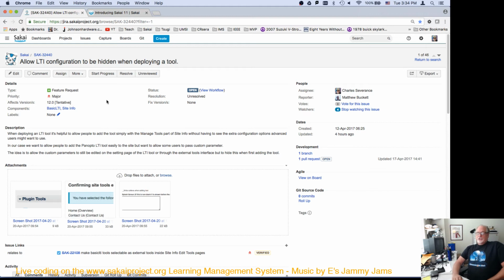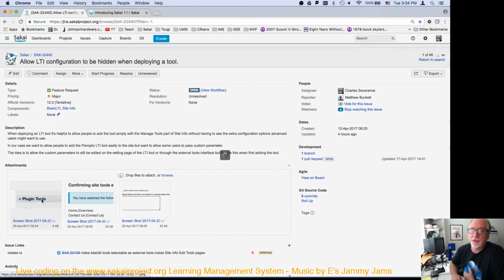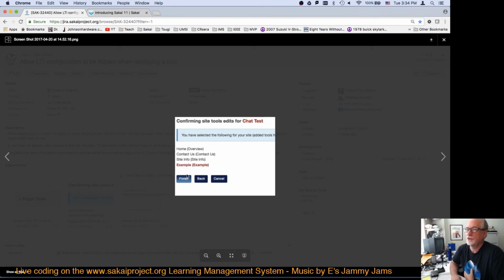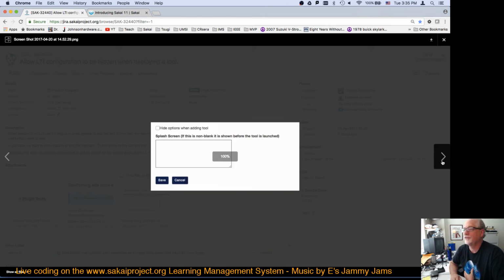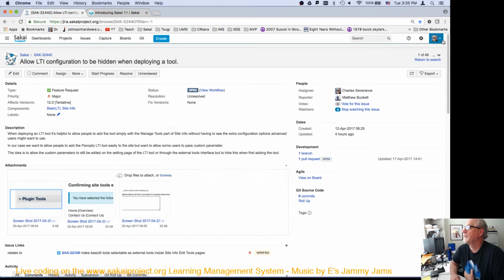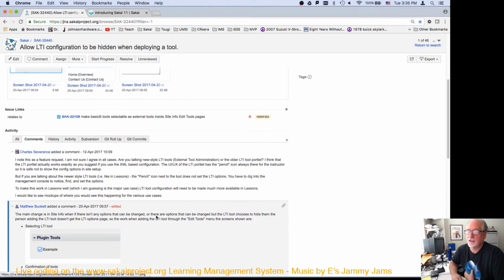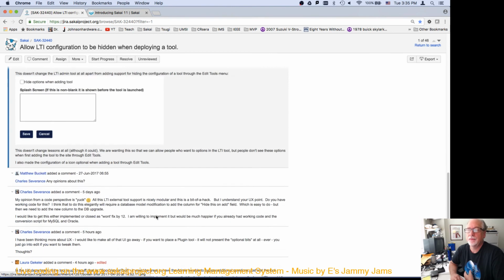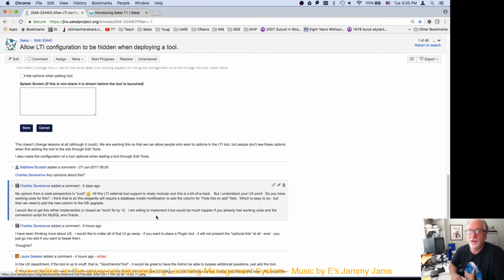We're just getting started. This is from Matthew Bucket from Oxford, and he is complaining about how Sakai works with the plugin tools. Once you go there, you get to this configuration screen, and he wants to make it so that you can stop the configuration screen. It's a thing you'll see happen a bunch of times as I code through. And if you look at the comments on this one,